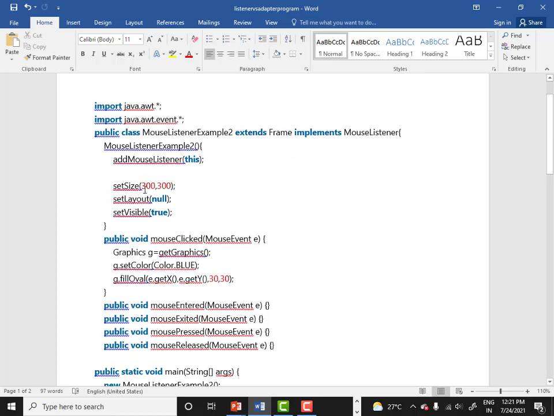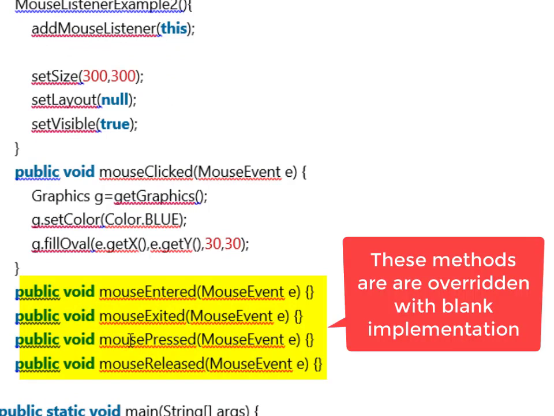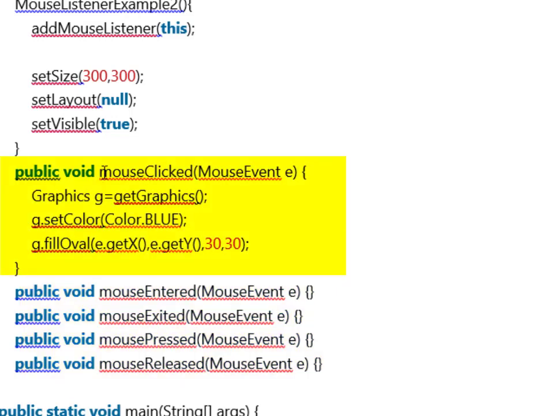Now understand that this mouse listener interface has multiple abstract methods. So what are the abstract methods? It has abstract methods as shown here: mouseEntered, mouseExited, mousePressed, and mouseReleased. Now I am not going to override all these methods, but it has one more abstract method called mouseClicked.